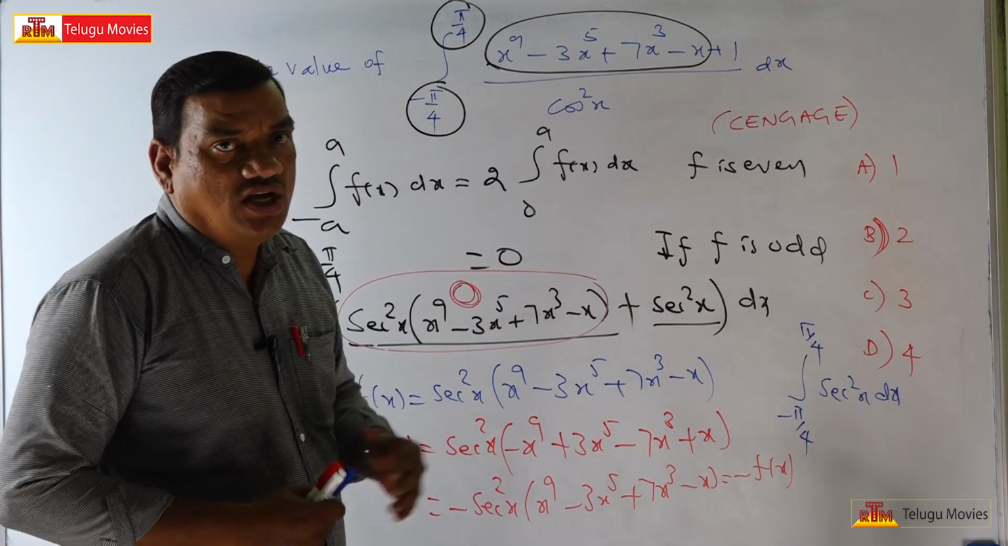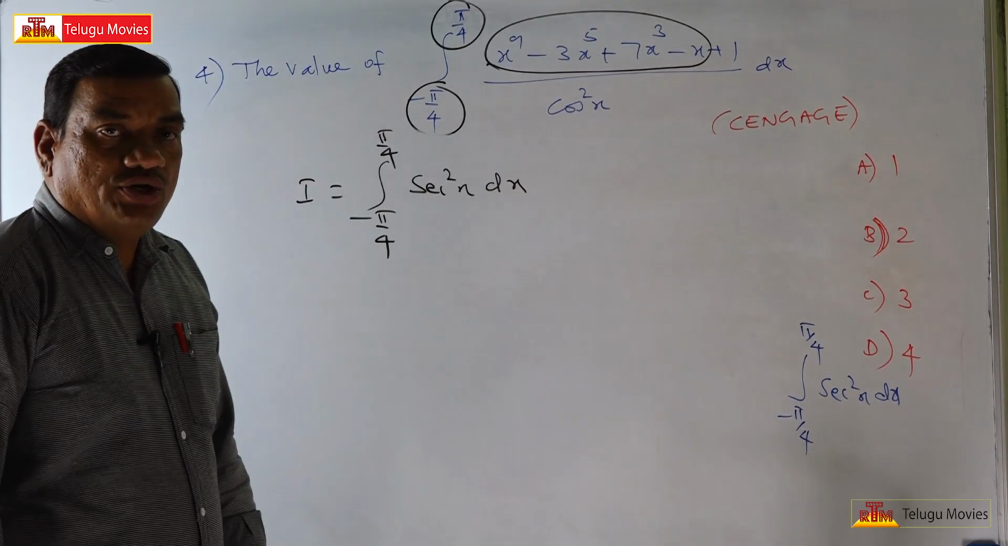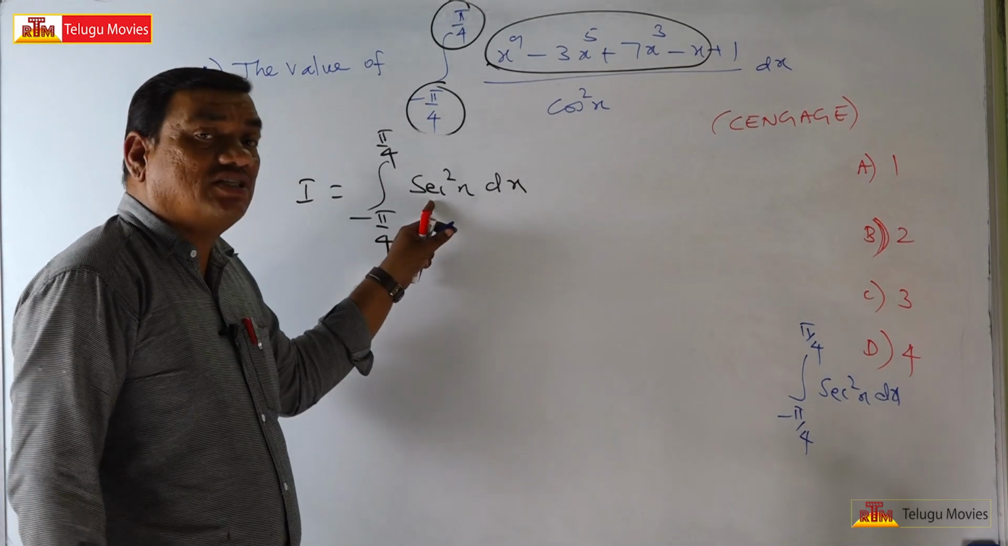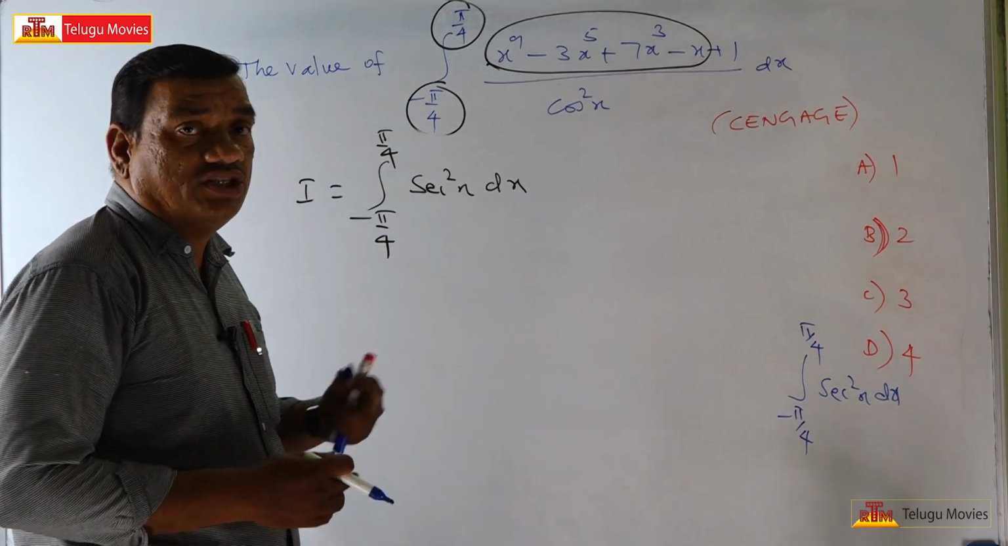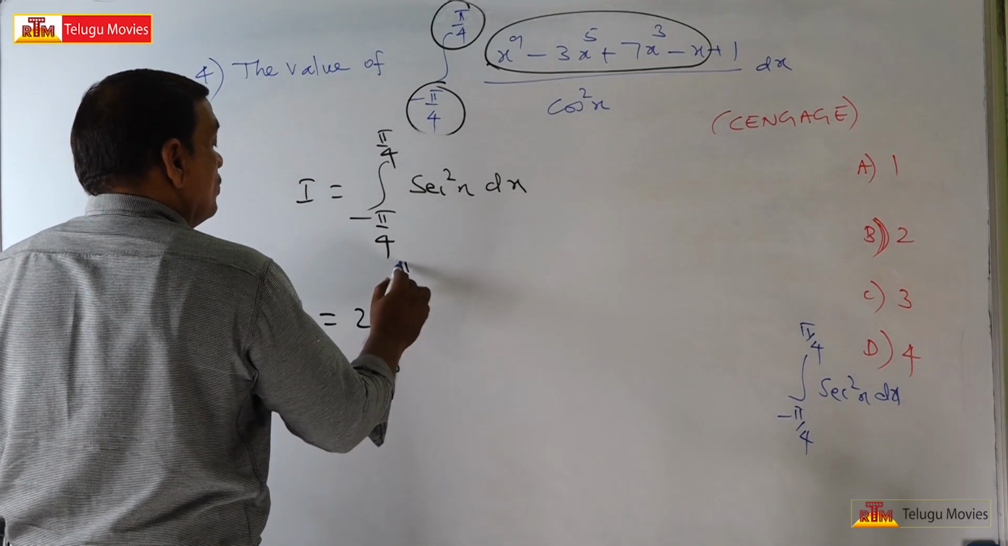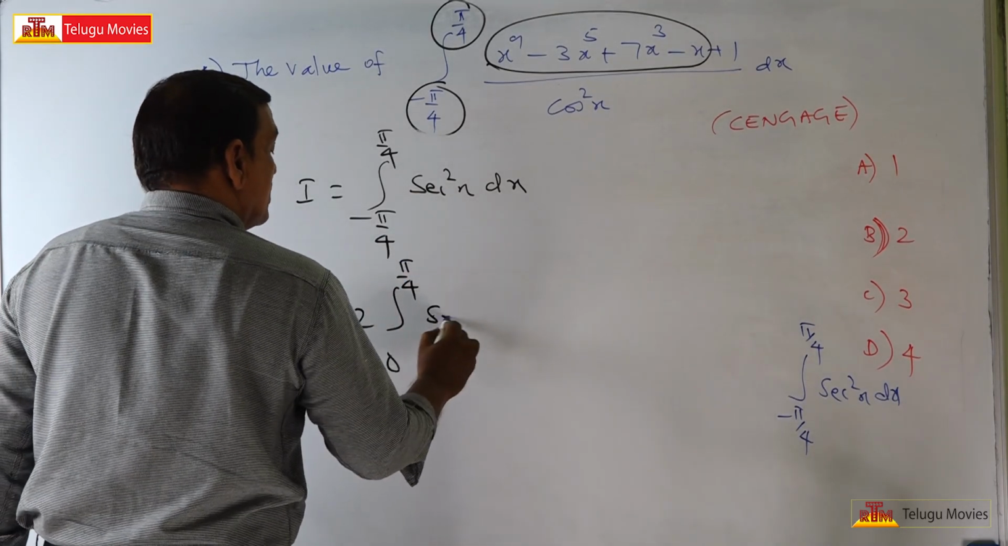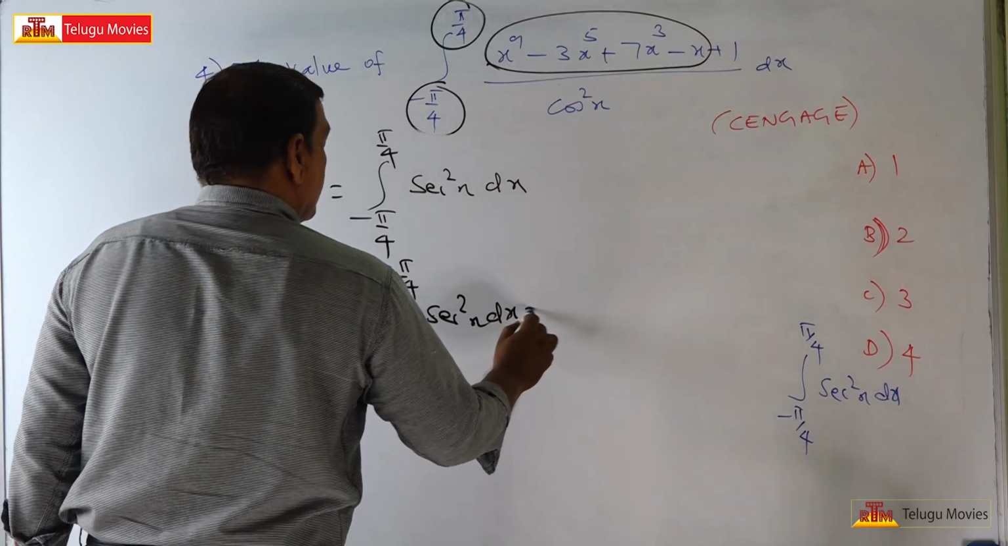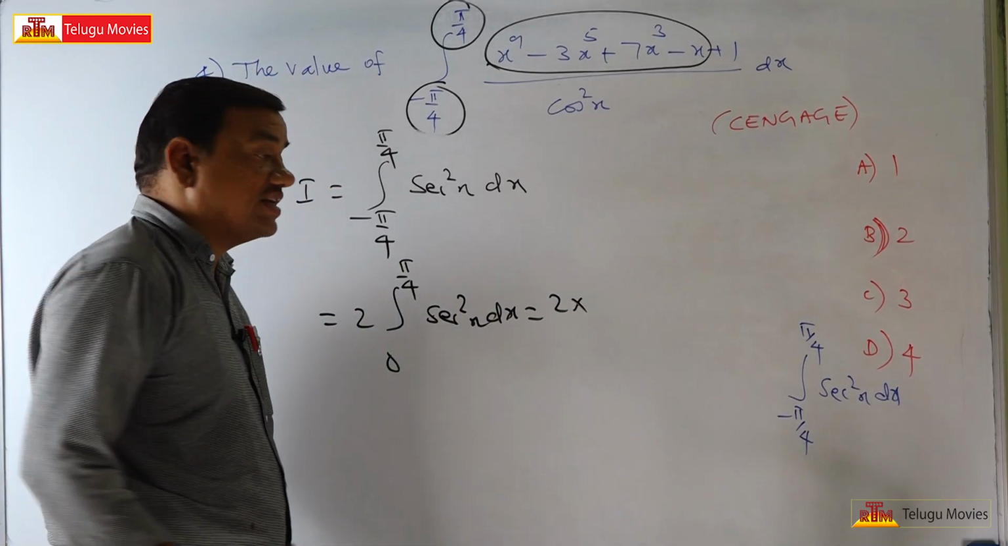Okay, so let us continue the solution. Dear students, let us continue the solution. Since secant square x is not an odd function, it is an even function, we can apply that property: 2 times the integral from 0 to pi by 4 of secant square x dx. This is 2 times the integral of secant square x, which is tan x,